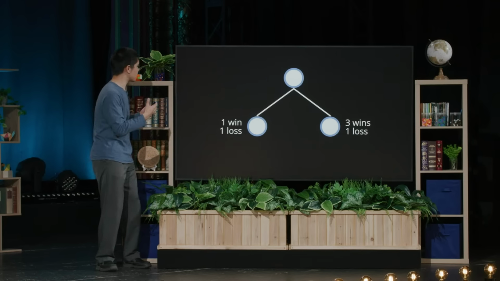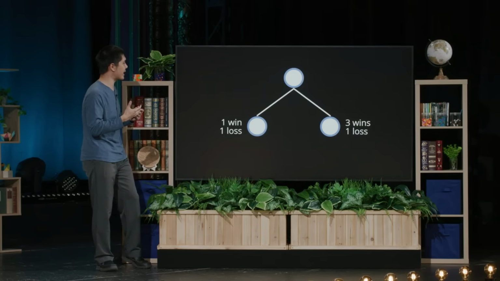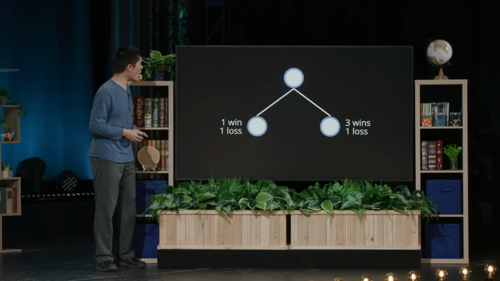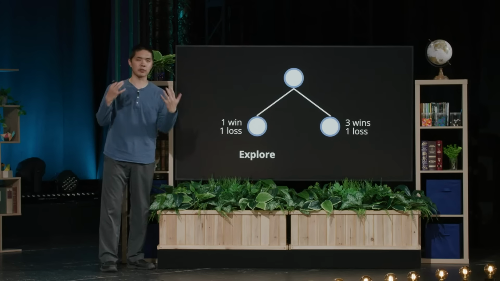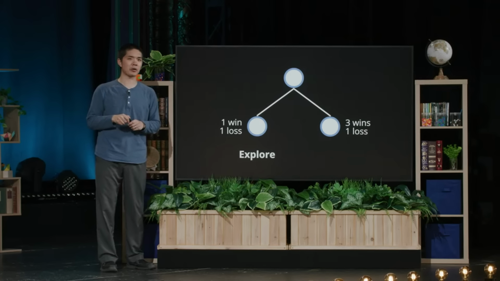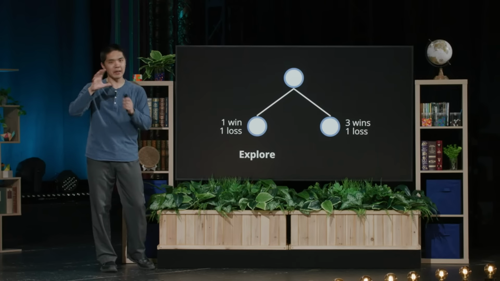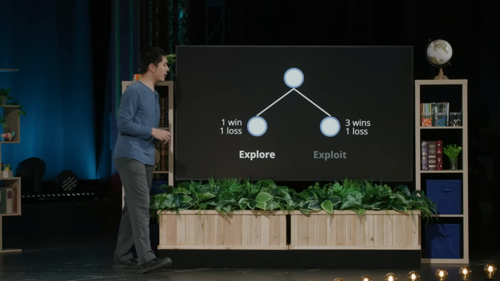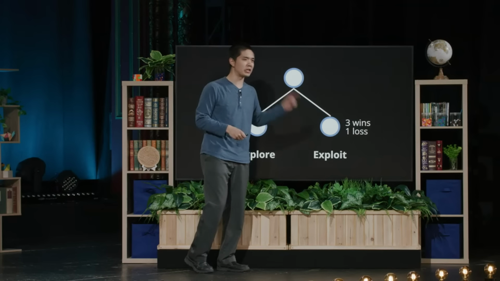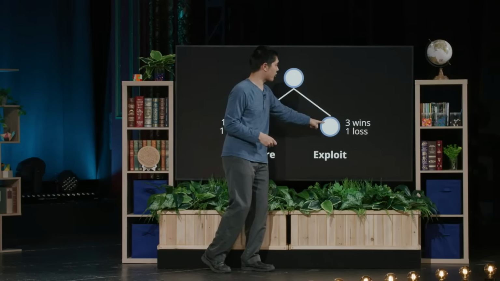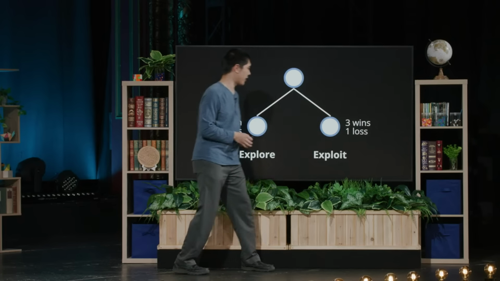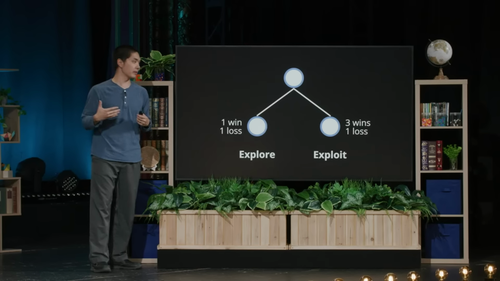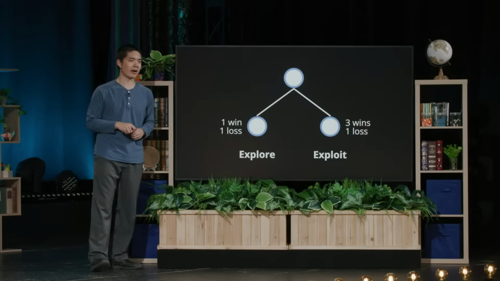And so this represents one of these fundamental trade-offs that we have to make when we're evaluating AI, when AI is trying to make decisions and trying to decide what it's going to do. On one hand, it can explore. It can try something where it's not sure if it's going to lead to a good outcome, something it hasn't explored as much before, and see if it leads to a better outcome. And meanwhile, it can also exploit its existing knowledge. It can use the fact that it knows that this path to the right looks pretty good. It's got a pretty good success rate. And so maybe we want to continue going along that direction to see what kind of outcome it leads to, because it seems to be a pretty promising direction so far.